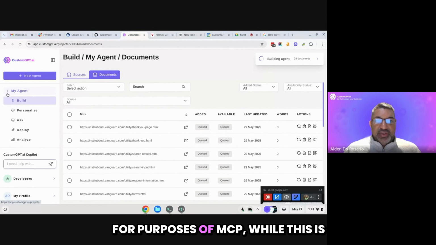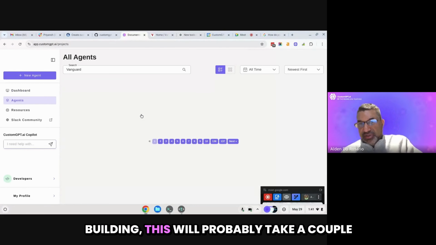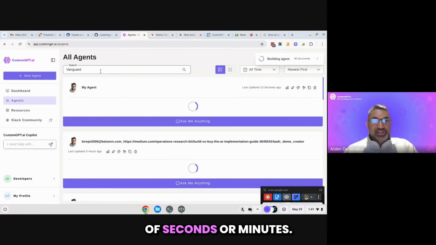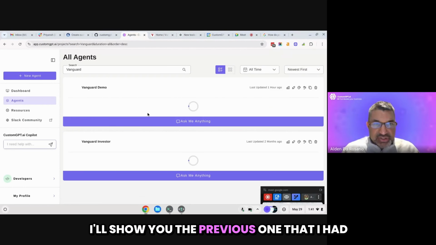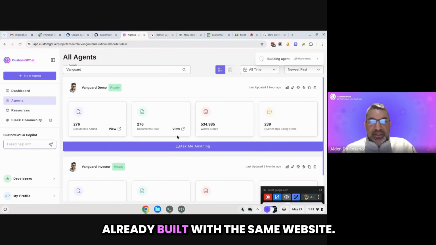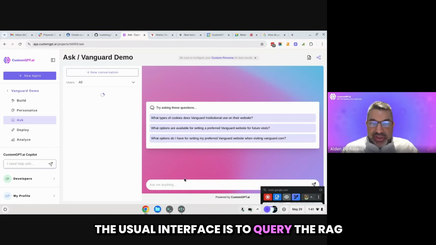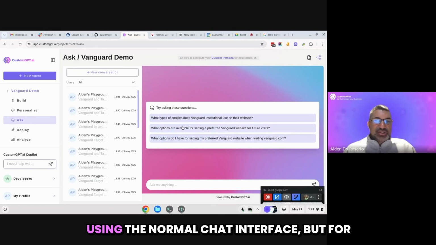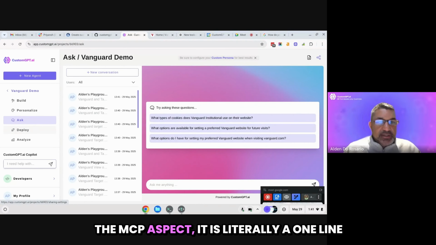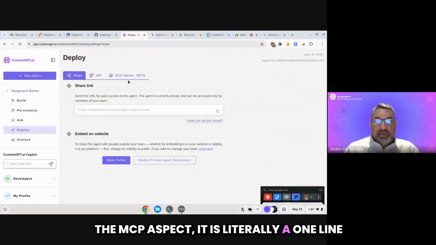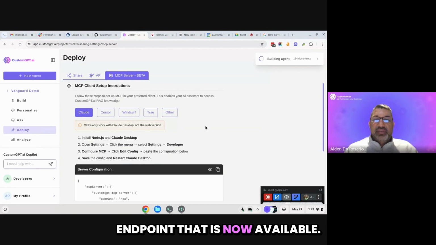For purposes of MCP, while this is building, this will probably take a couple of seconds or minutes, I'll show you the previous one that I had already built with the same website. The usual interface is to query the RAG using the normal chat interface. But for the MCP aspect, it is literally a one line endpoint that is now available.